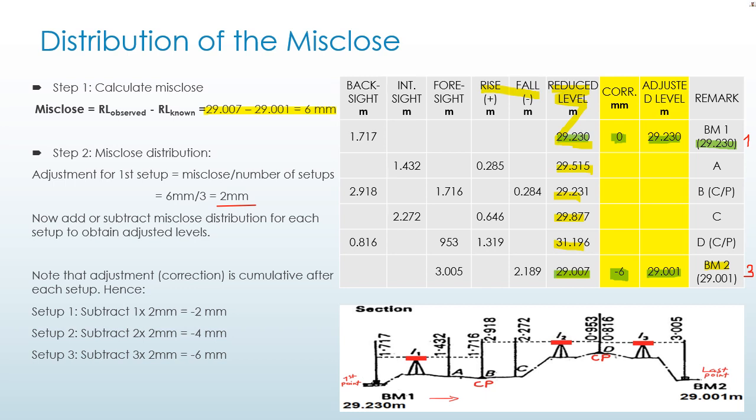So now let's look carefully. The first setup, we minus that adjustment, so we minus 2. Minus 2 for the first setup. So you have benchmark number 1 and A and B. Benchmark number 1 is already correct, so no adjustment for that point. Reduced level, the observed value, and you add the correction, in this case -2, so that gives you the adjusted level, the final level after calculation,